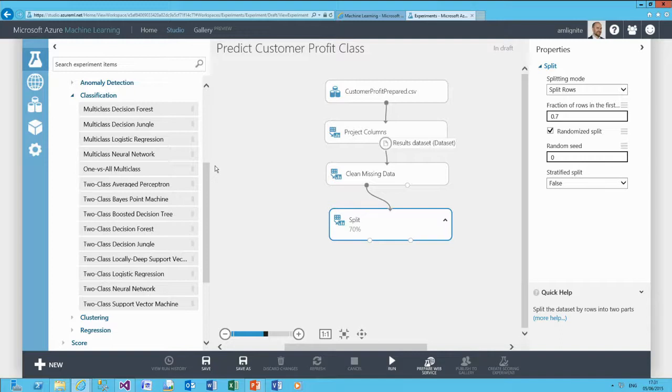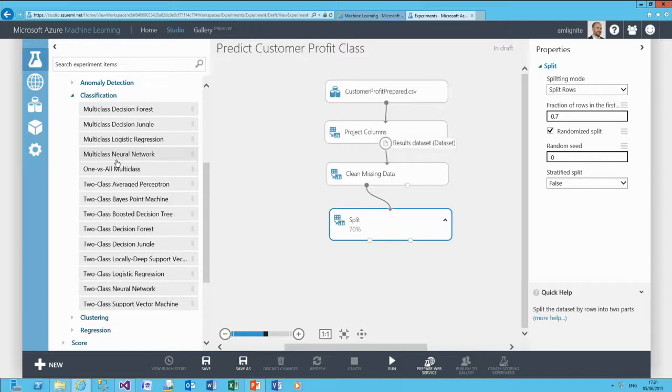Two-class versus multi-class. For the classes that I prepared in Power Query, how many did I have? 4: very low, low, medium, high. So it's not two-class, it's going to have to be multi-class. That narrows it down to the first 4. Of the first 4, which one should I use? All of them, right. This is experimentation, and in particular, if you don't have experience, this is where you